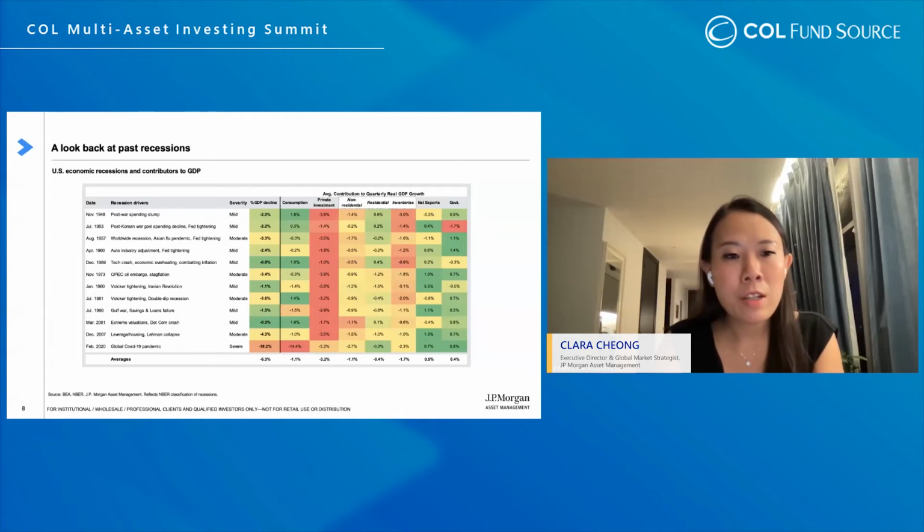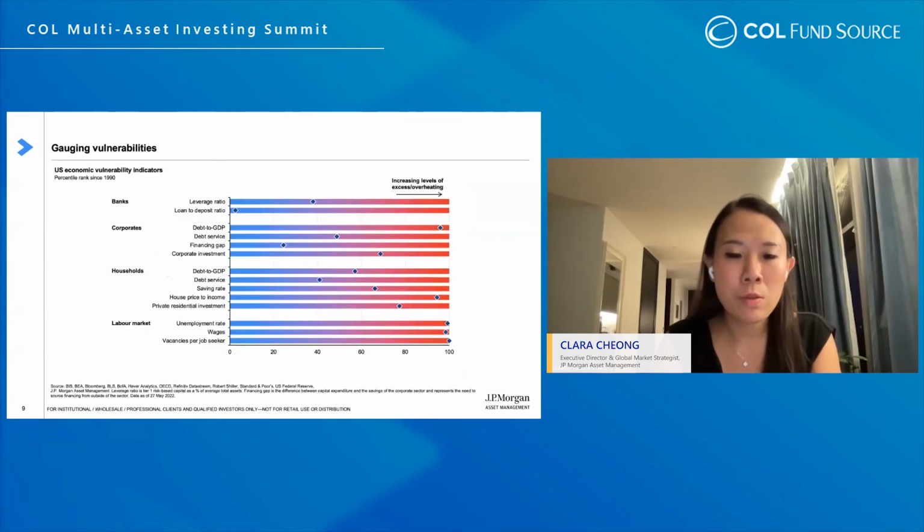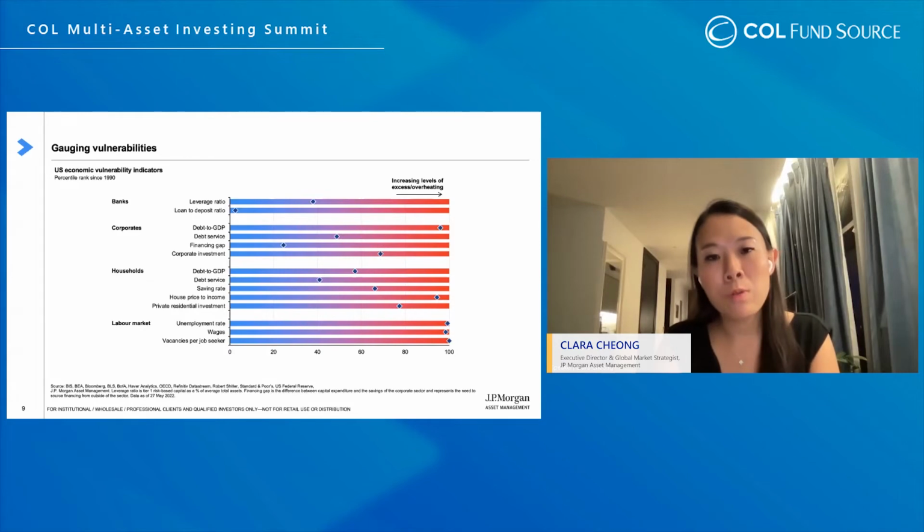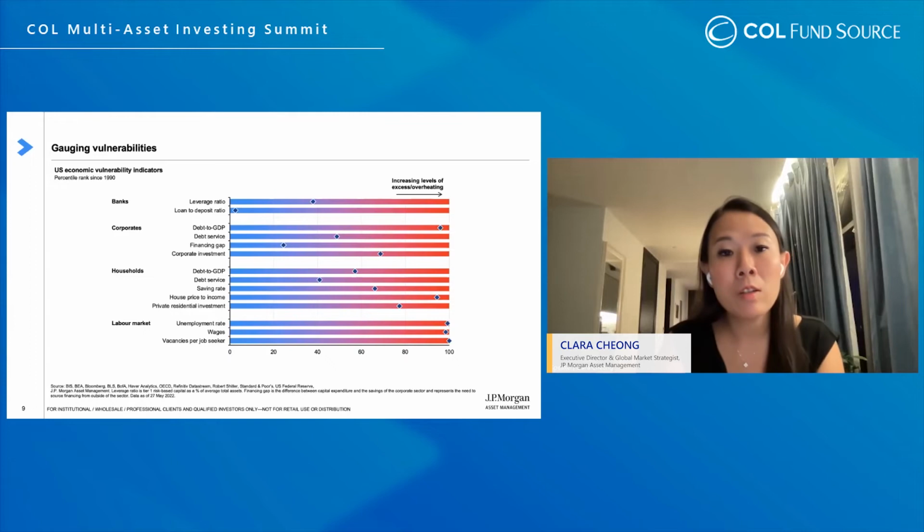So on the next page, something else that we are watching very closely is potential vulnerabilities in the US. All of these details are key ratios that we are tracking very closely across different parts of the economy that are very important to overall growth. If we start with banks, they're in a relatively healthy shape. The corporate sector also has very strong debt servicing ability, even though they have high debt to GDP ratios. If you look at the households, the savings rates are still quite high, even though they've been gradually taking that down as they spend more and more money on things like daily necessities, as well as discretionary spending, as the economy has started to reopen globally.